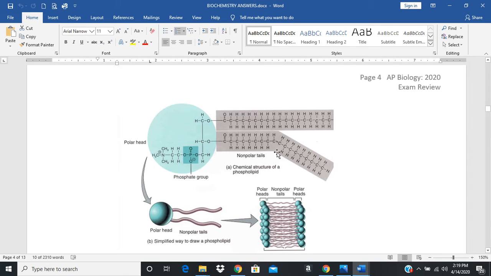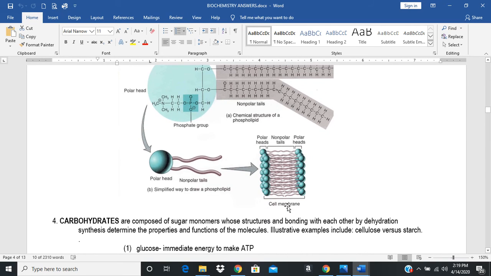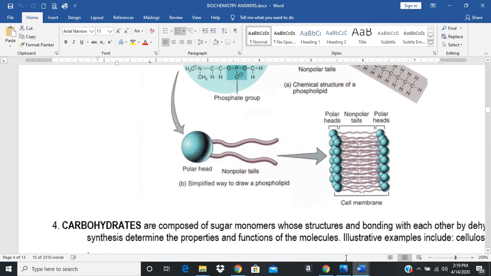Okay. Some of these tails can get quite long. They can be well over 20 carbons long. Okay, and again, the purpose of these is to provide stability and also to store energy. Okay, now again, for the phospholipid, here's our cell membrane, and we can see if we zoom in a little bit here, okay, that our cell membrane,